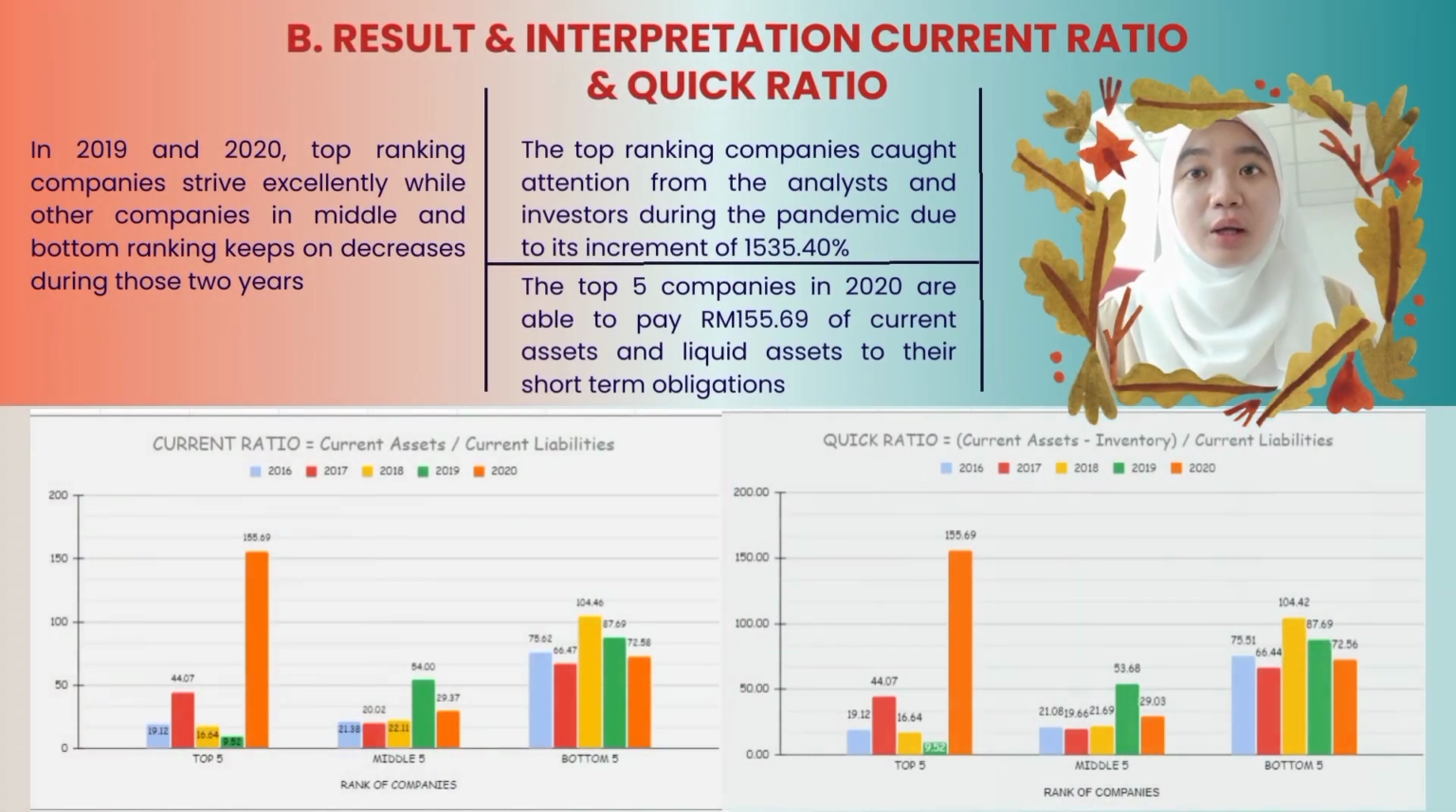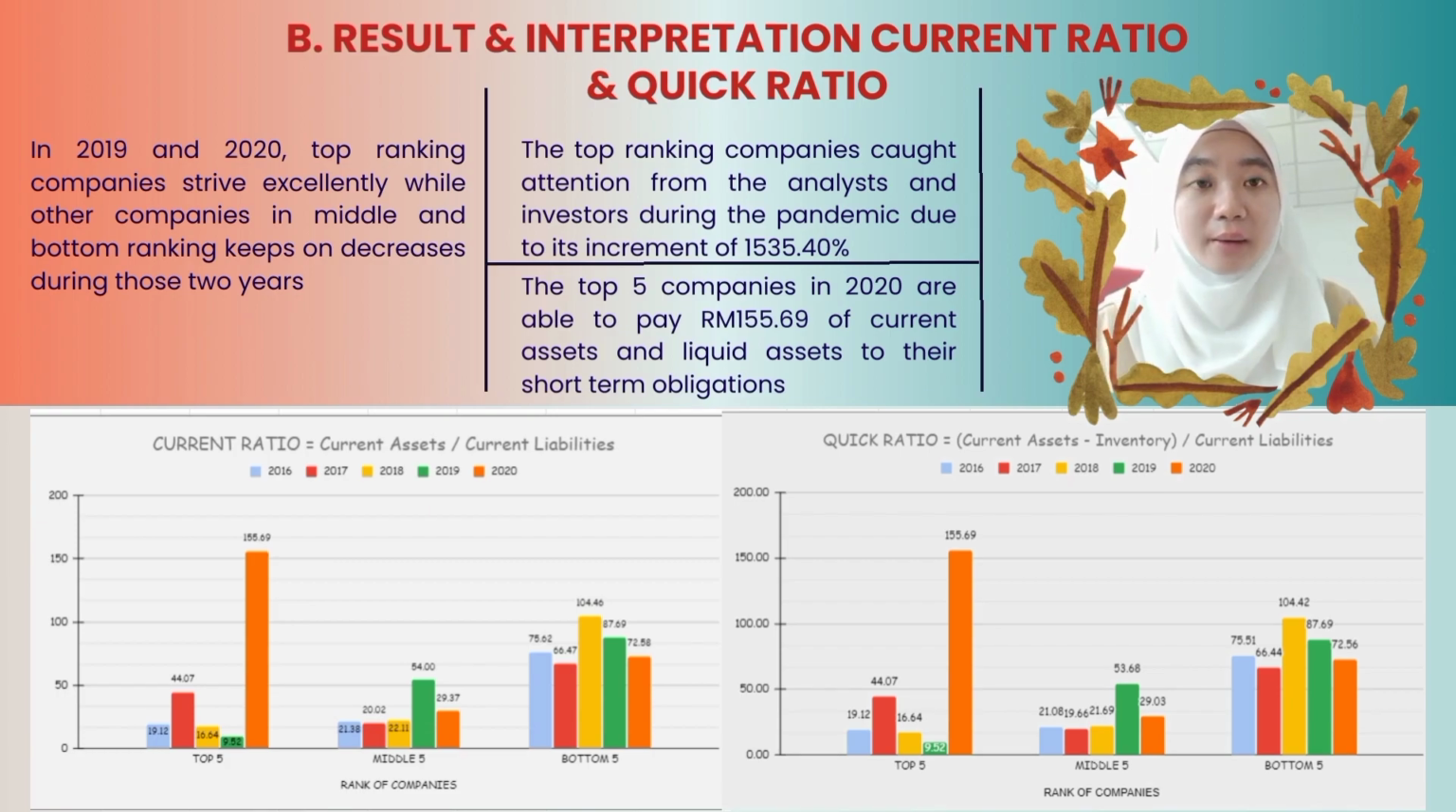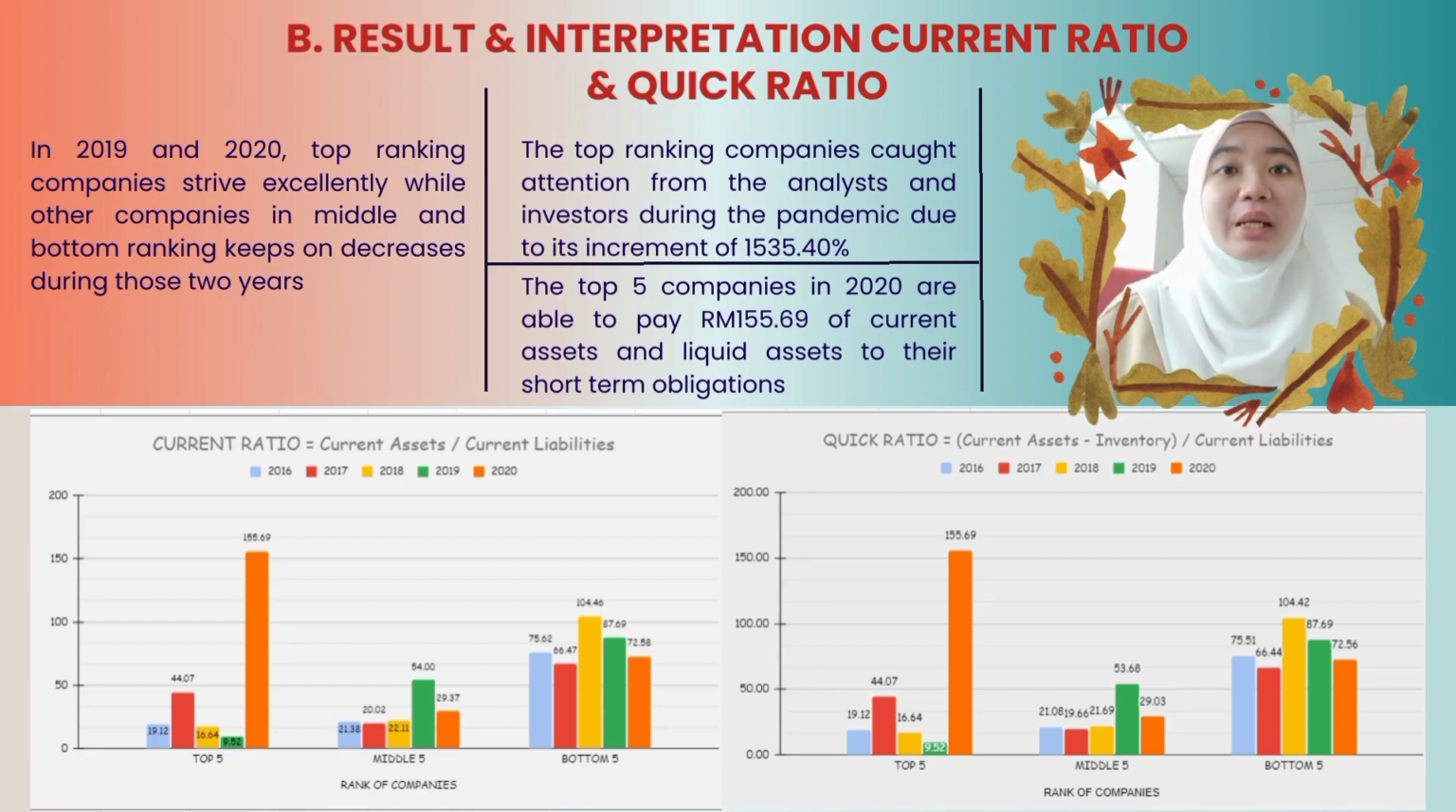As I explained just now, due to the just-in-time approach, we can see that the graphs of both ratios, the quick ratio and the current ratio, are almost the same. Hence, we can analyze that in 2019 and 2020, which are the pandemic years, both ratios show that the top ranking companies have outstanding results compared to the middle and bottom ranking, which keep decreasing during those 2 years. Therefore, the top ranking companies caught the attention of analysts and investors, because of their increment in the pandemic years, which is almost